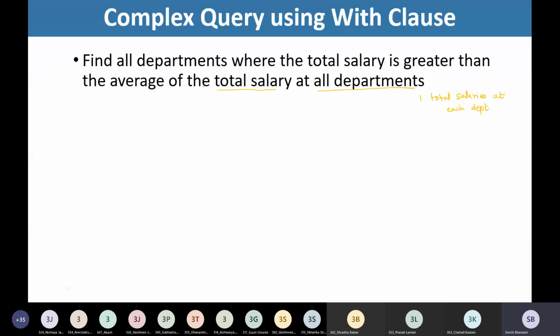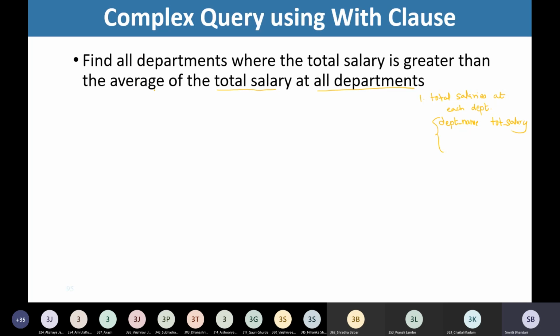What next? We want to find out the average of the total salary. So this statement should provide us department name and total salary. Right? So we'll be having all the departments along with the respective total salary.